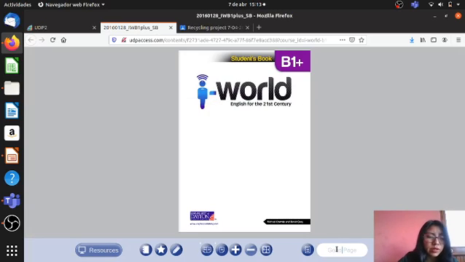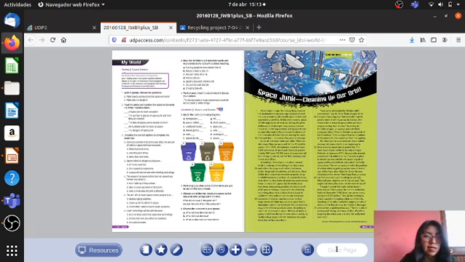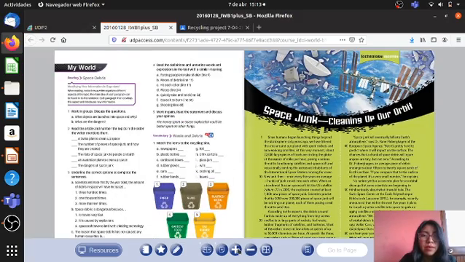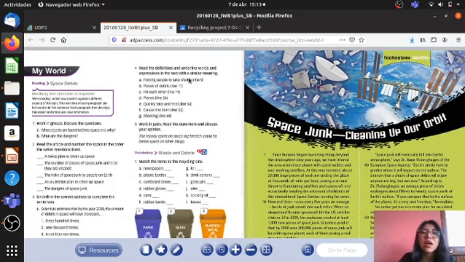We are going to go to the page number 46. Here I have it. As I said before, you have to read the definitions and underline the words and expressions in the text with a similar meaning. In that part, you have some phrases, some expressions, and you have to look in the reading in order to find the similar word or words that express the same idea.